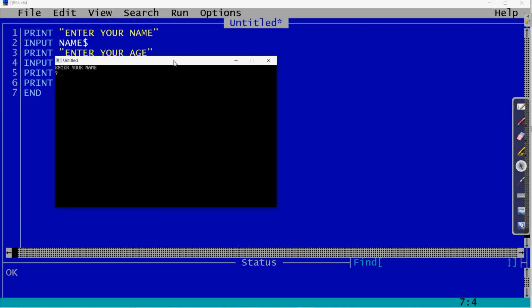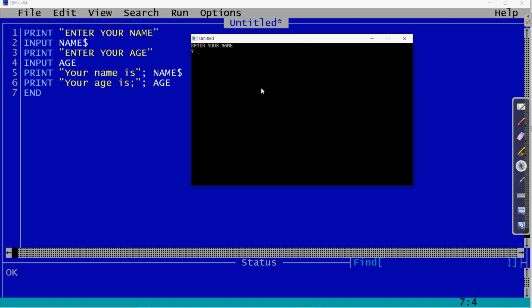So here you can see the first line is enter your name. Okay, so whatever the name you want to give as input, we can write. Suppose I want to write the name Rohan. So this we have given the input as a string. Then second one is enter your age. So suppose your age is 12 years or 11 years, whatever the value you want to give.